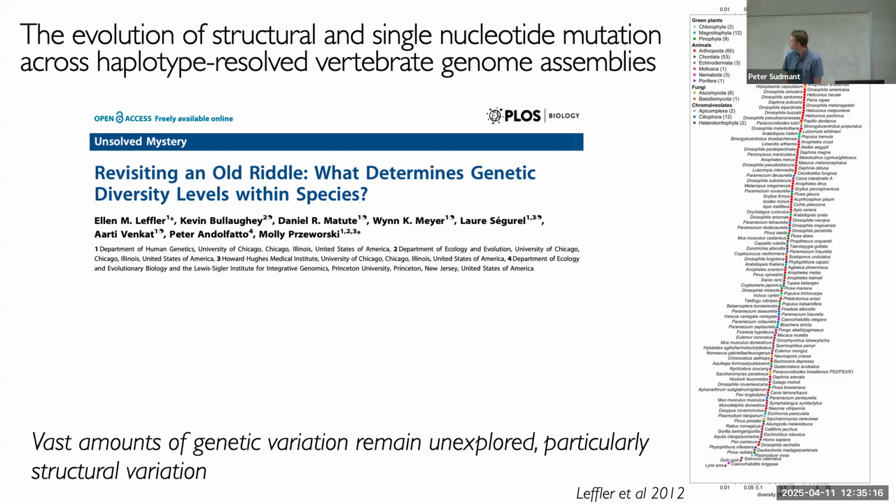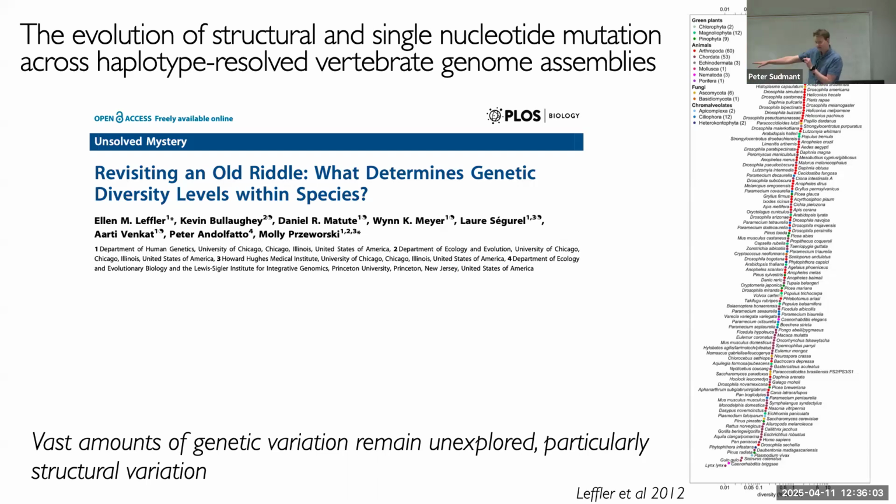I think Eric, you and I were probably both at this meeting, maybe 2011 or 2012, where Molly Przeworski presented this paper, which prima facie is kind of boring. It's a plot of heterozygosity, the amount of SNPs, across as many species as possible, going down from lynxes, which are completely inbred, then us, also reasonably inbred, up to these incredibly diverse insects and aquatic organisms with extraordinary heterozygosity. So there's a lot of diversity between pairs of haplotypes.